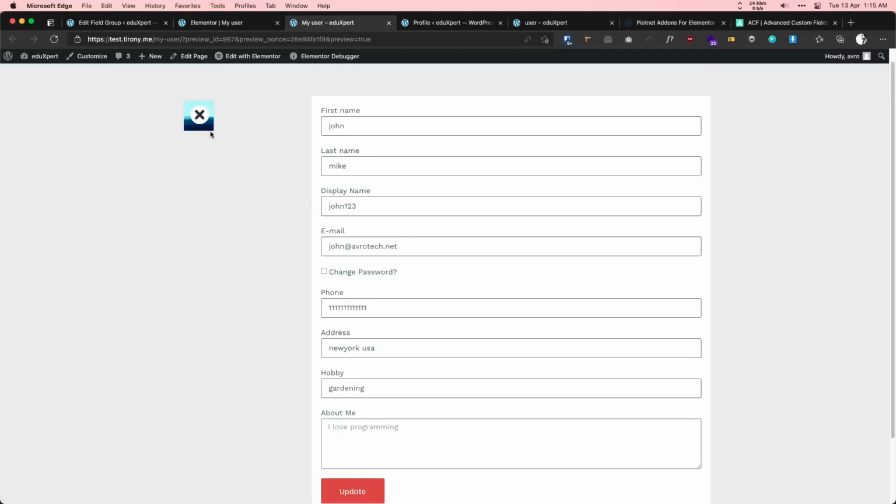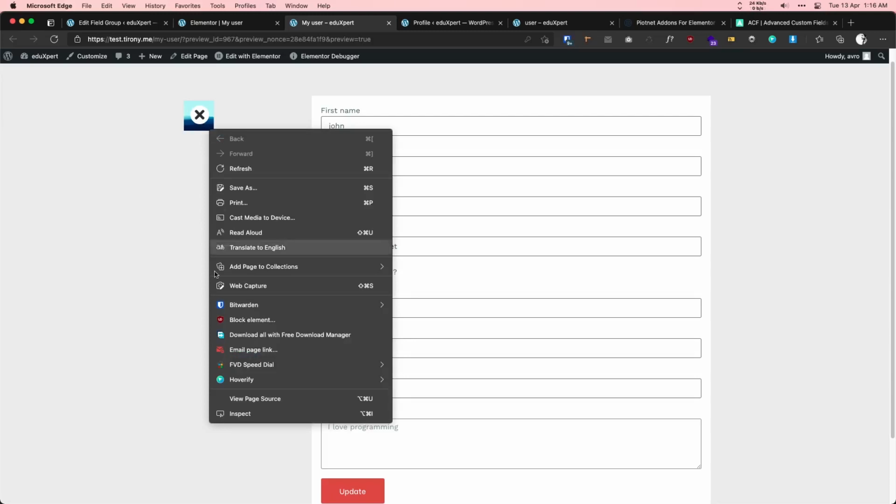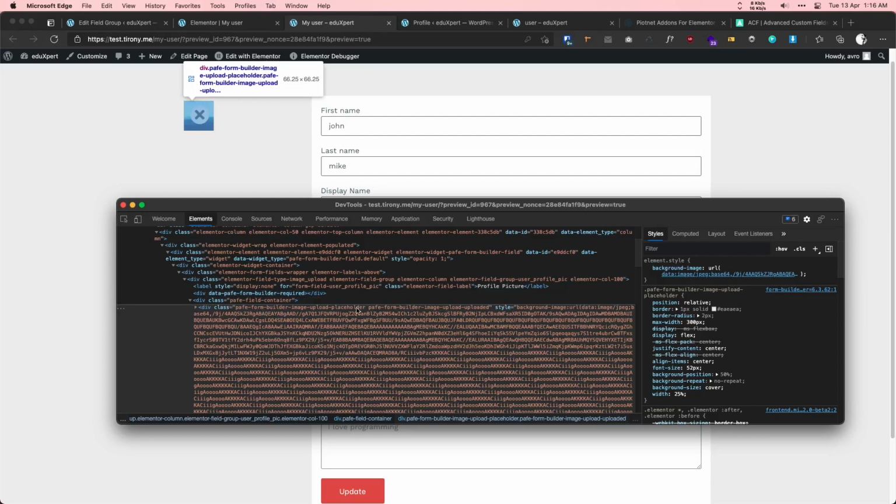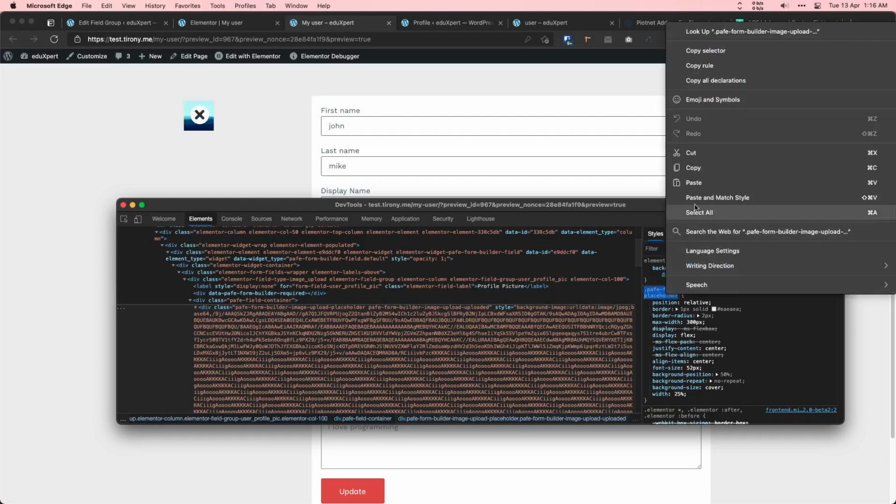Everything is perfect, but our profile image is too small. This may be because I am using a theme, but we can manually make it bigger or smaller as well. So right click and click inspect, and this is the class of our PF field. This is the one. So let's grab this class